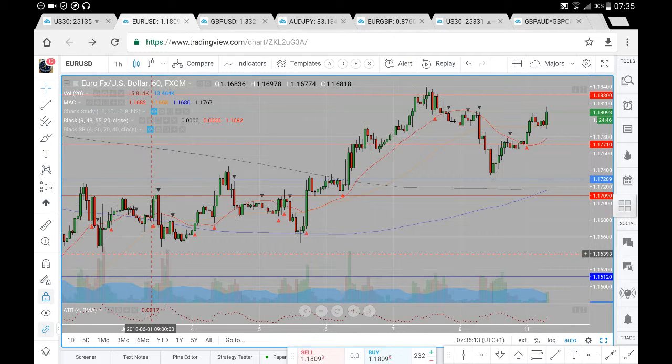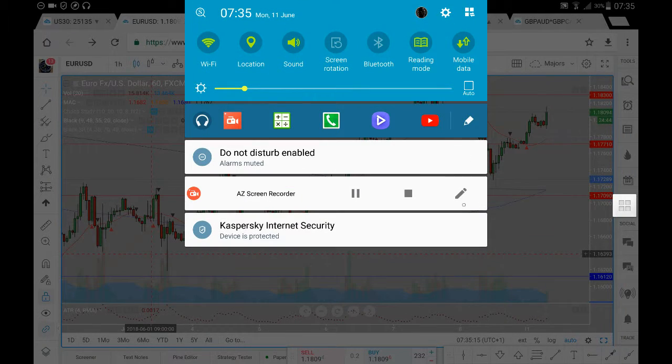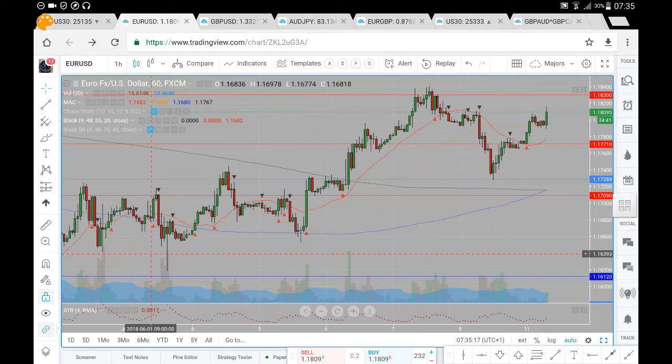So this Euro Dollar analysis for Monday the 11th of June. Now let's just have a look at the prices and where prices may likely go. So we've had price previously going towards this 1830. Traded as high as 1840, from which we did see sell side momentum come back into the market, breaking down